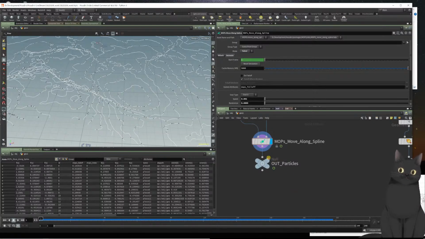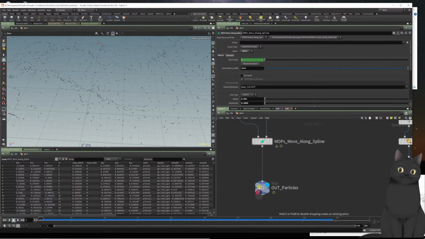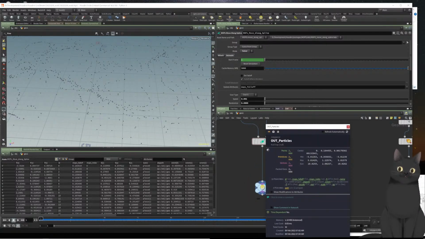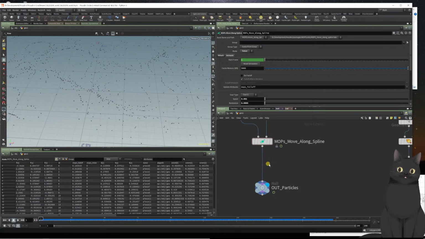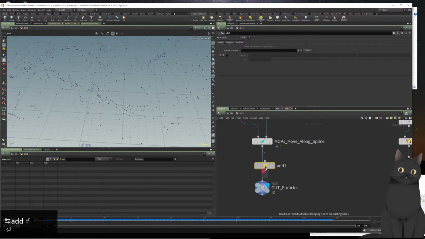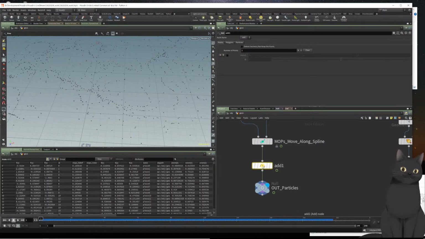care of deleting a few things that are on my data stream currently. For one, I only want to keep points. That's one of the most counterintuitive things in Houdini. You're gonna use the add node to delete geometry and only keep the points. So let's wire this in here and check delete geometry but keep the points, resulting